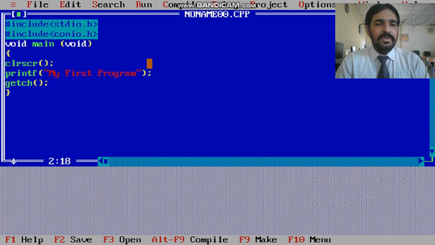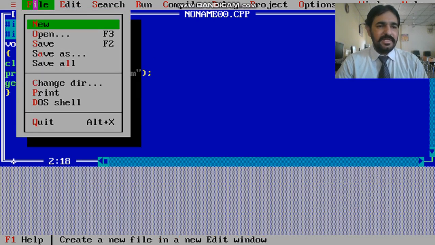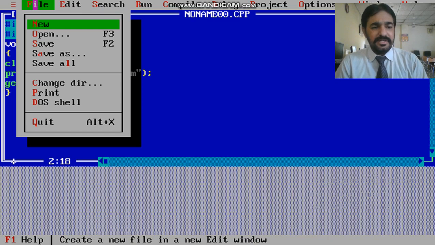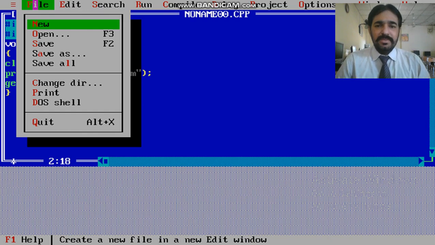This is actually our IDE interface. When you open it for the first time, definitely it's blank. I have written a program for you, but first you can check there are some functions: new, open, save, save as, save all, change directory, print, DOS shell and quit. Similar to MS Word, you have almost all the options in the C compiler.